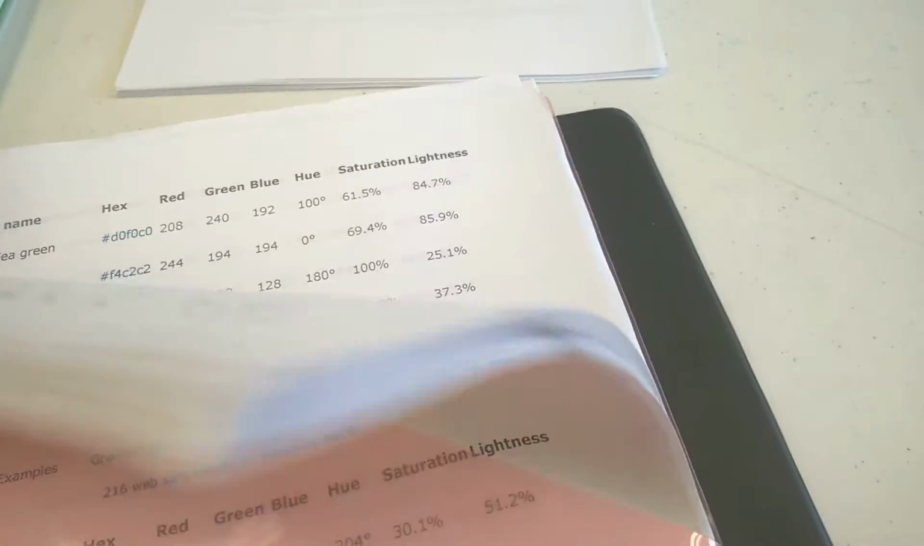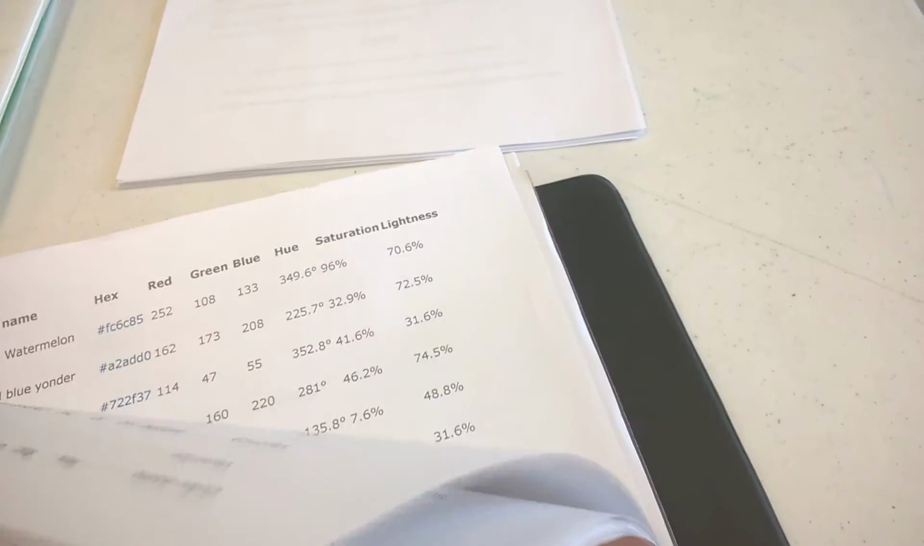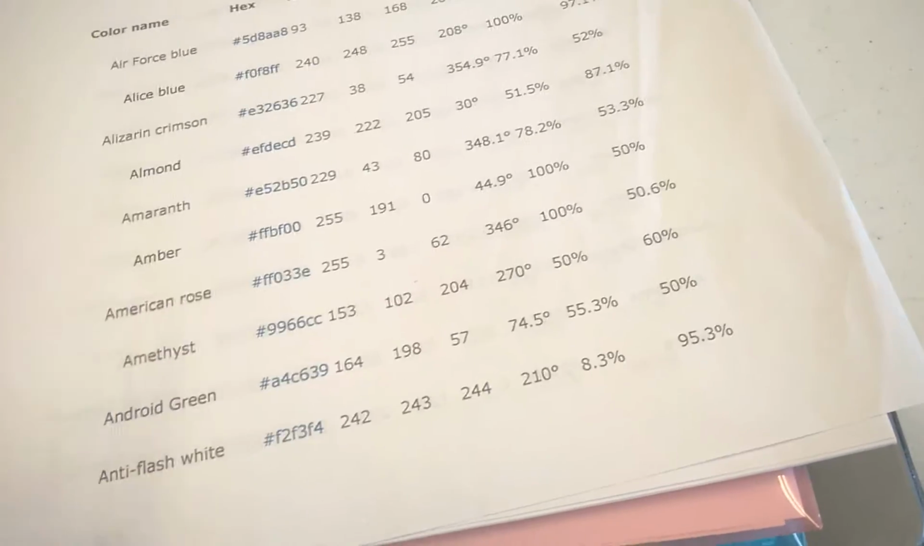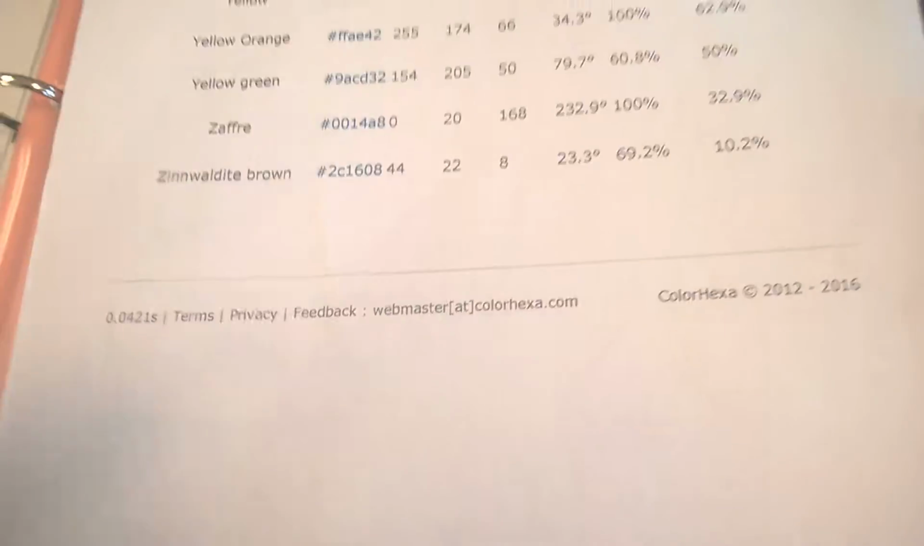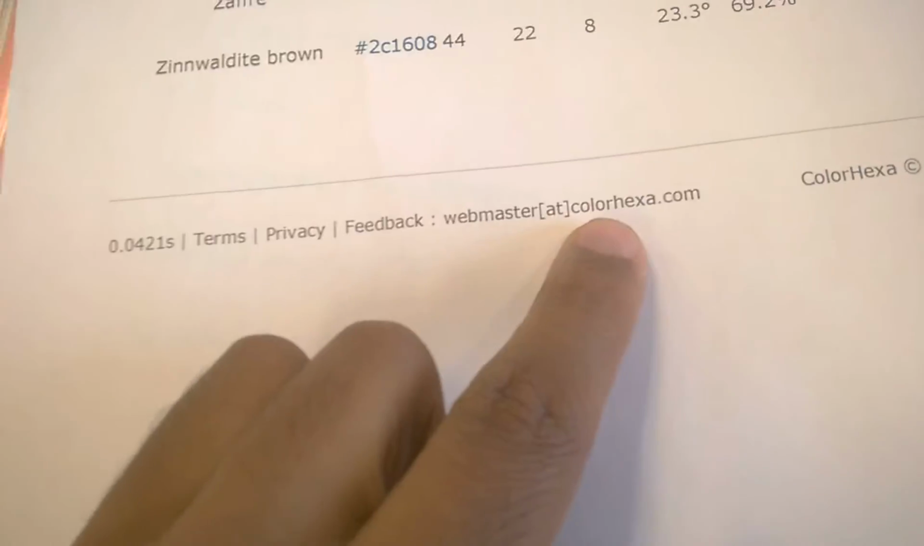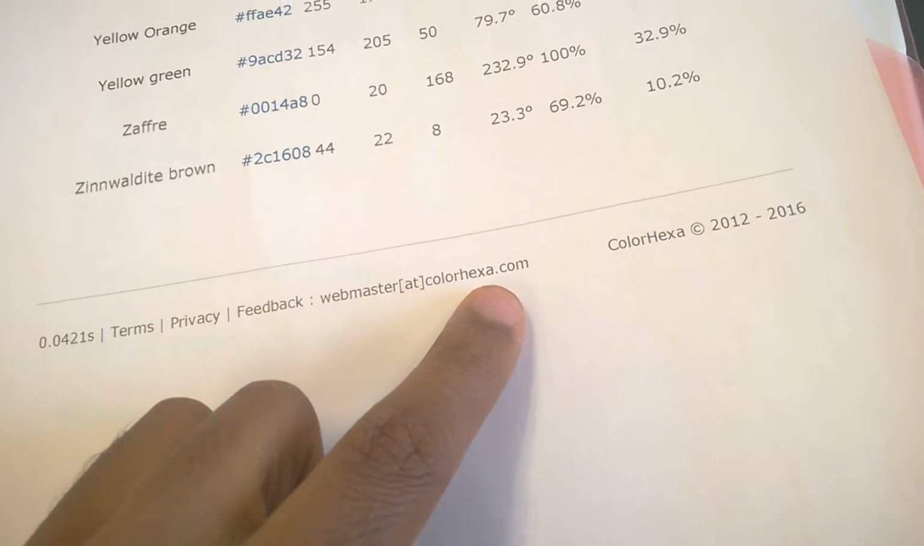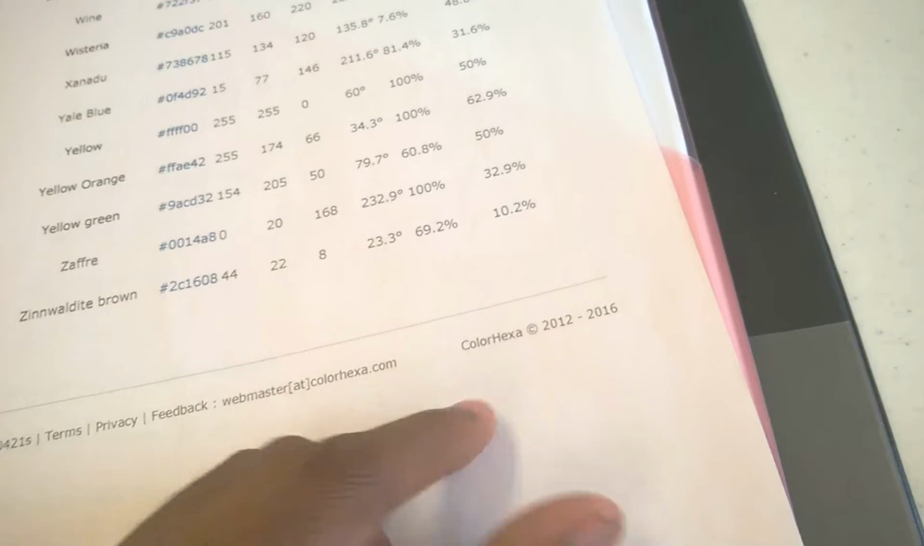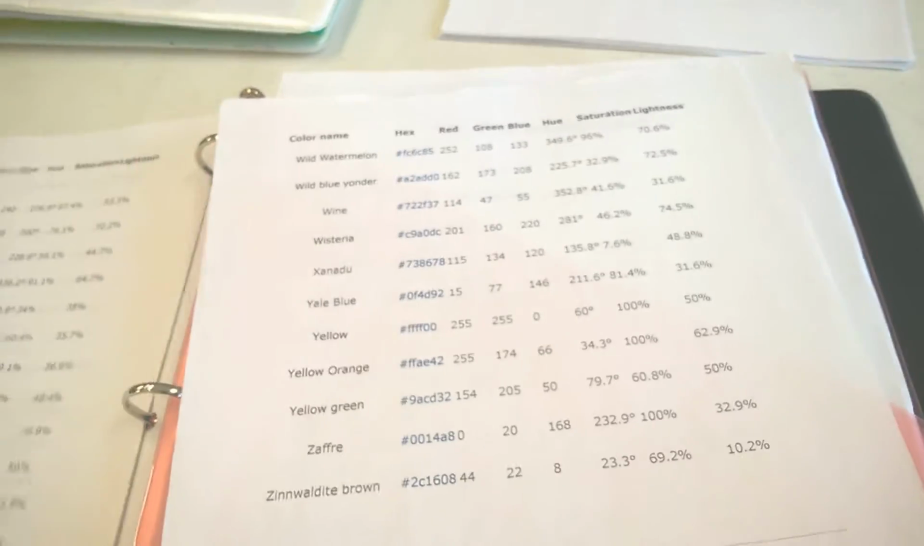All right, so this is the list of colors I was talking about, and I'm just going to go ahead and grab these. And this is from a website. I'm trying to find the name of the website on here. Oh, there it is. All right, so it's called colorhexa.com, and I'm going to link it in the description. So this is where I went